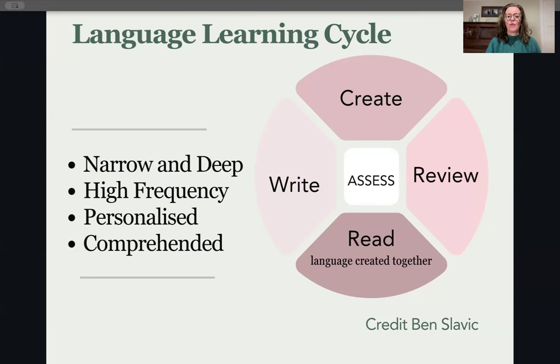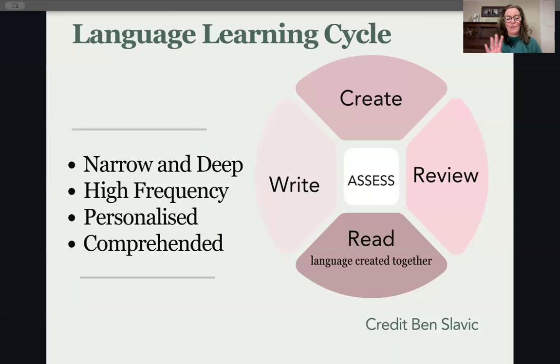Throughout all of that process, there are ways to scaffold depending on your students. And of course, in the middle, we are assessing every lesson, every moment, because it is a very interactive, communicative lesson. So we're constantly looking and assessing. A note on the language that is used: